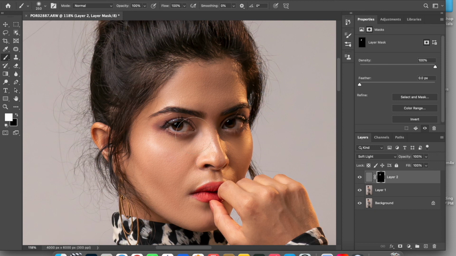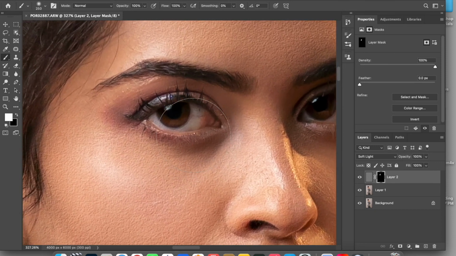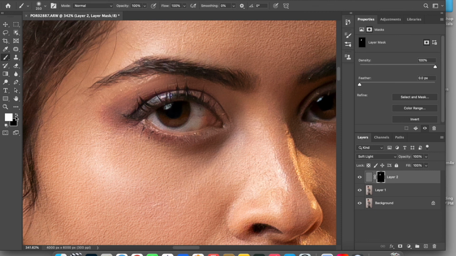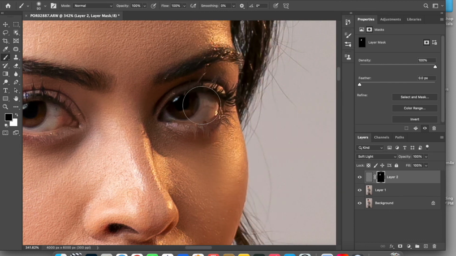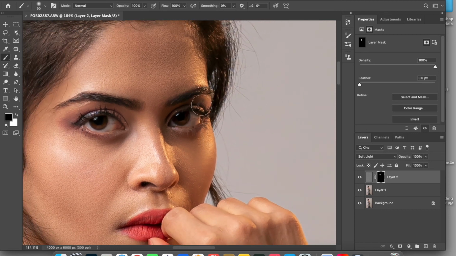Now when I increase, I can see that I must have colored the eyes. So you can always take out from the eyes, so that you make sure the eyes do not have a texture, because you have not worked on the eyes, right? So you can always change back and add texture.